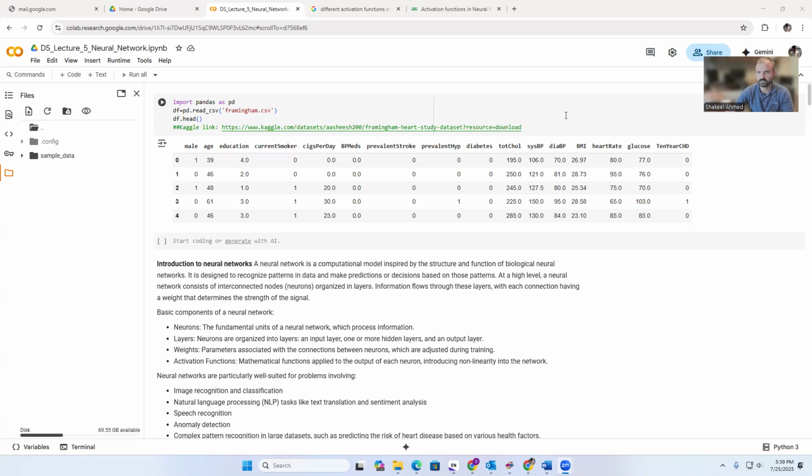In this video, I would like to discuss neural networks for predicting a health-related outcome in Python. A neural network is a computational model inspired by the structure and function of biological neurons. At a high level, a neural network consists of interconnected nodes, organized in layers, and information flows through from input to output. So it consists of things like neurons that connect